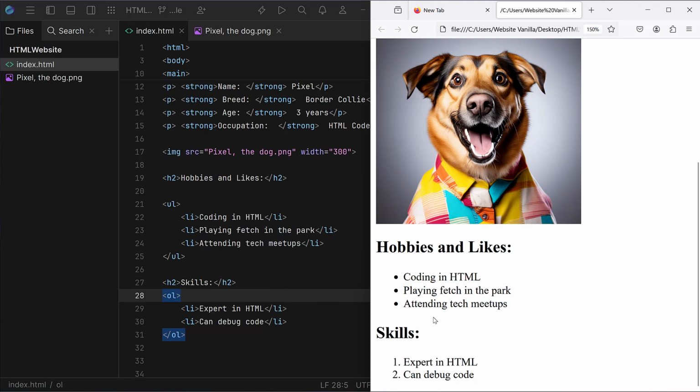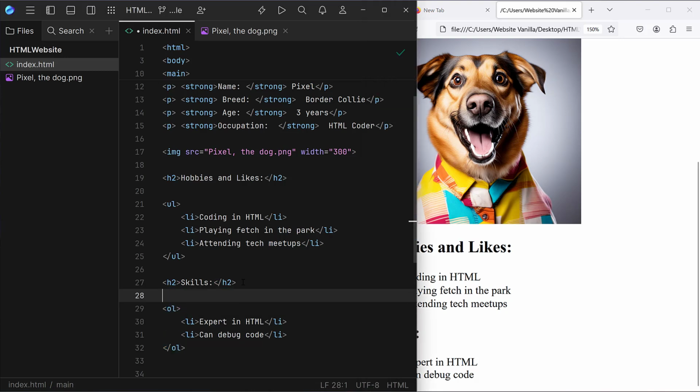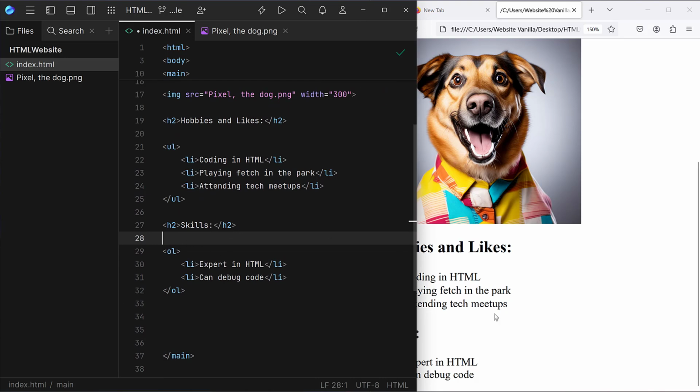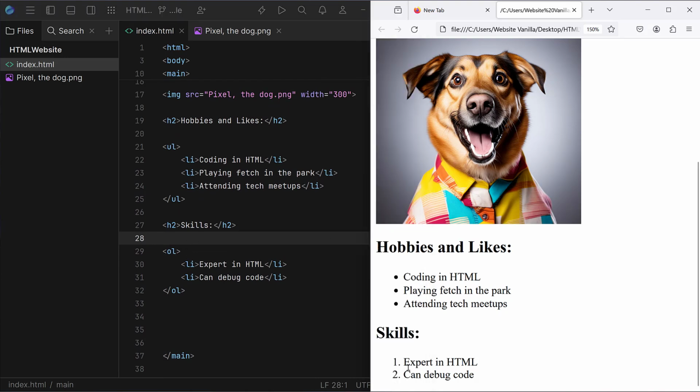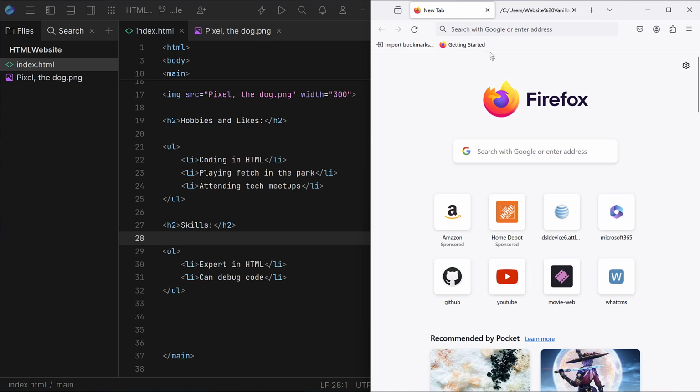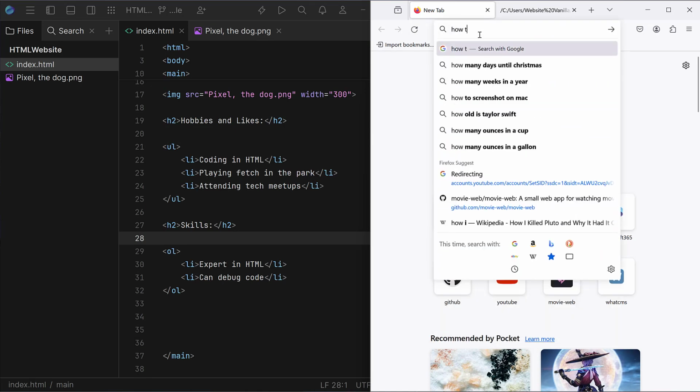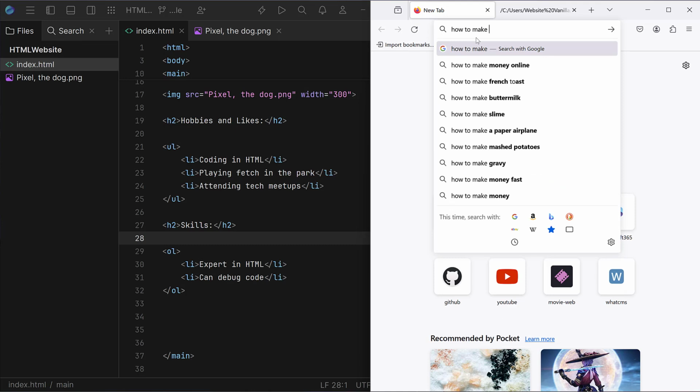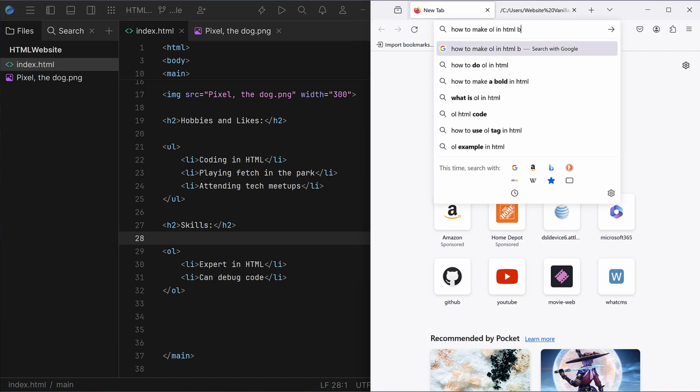There is some other way you can make these, instead of being numbers, be letters and so on. But basically that is what an ordered list is. If you want to see how you can vary that, I ask you to Google how to turn an ordered list into letters. That's another good developer exercise, being able to Google. So for example, I can just go to Google now and say, how to make an ordered list in HTML be letters,